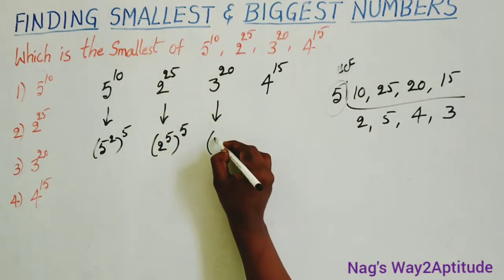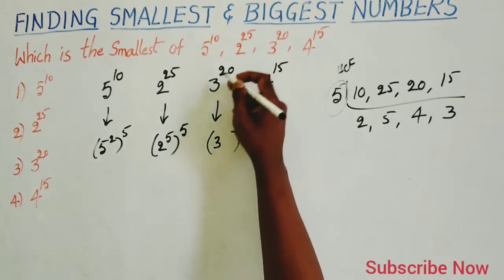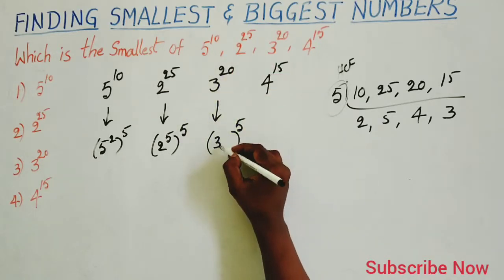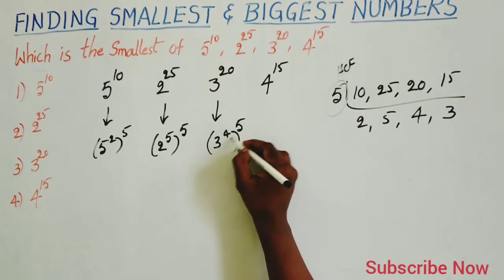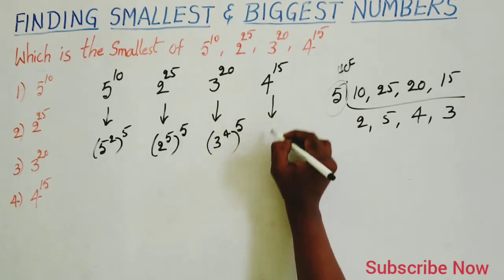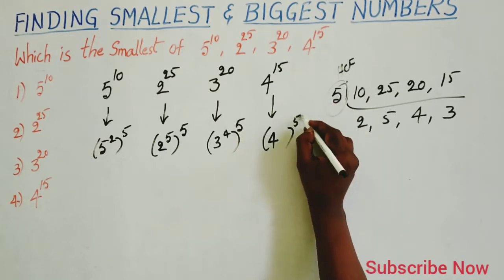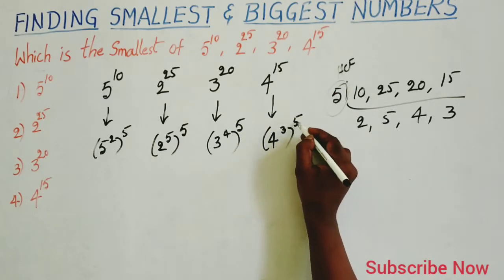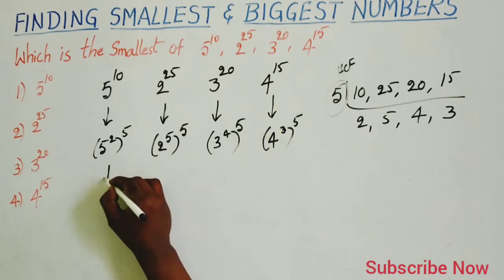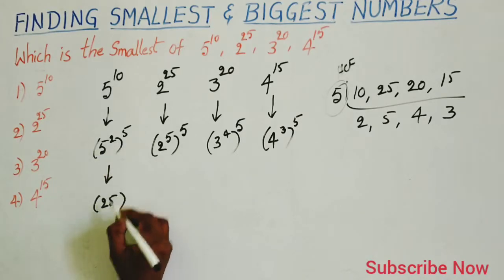And 3 power HCF 5 again. And we need 3 power 20. What should be here to make it 3 power 20? 4. 4 into 5 is 20. Then it will become 3 power 20. And finally 4 power HCF is 5. We need 4 power 15. So there should be 3 here. 3 fives are 15. Now 5 square to the power 5